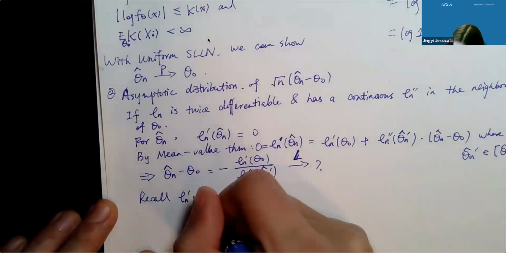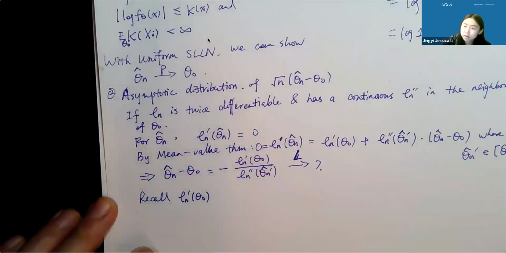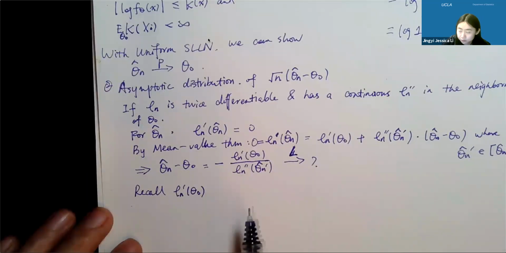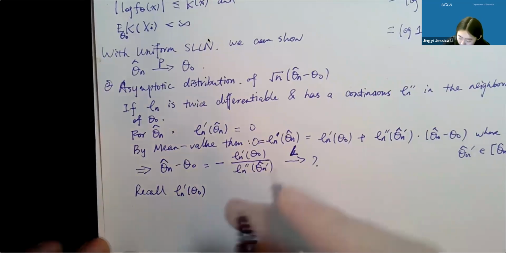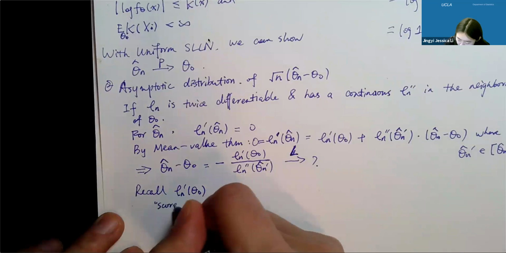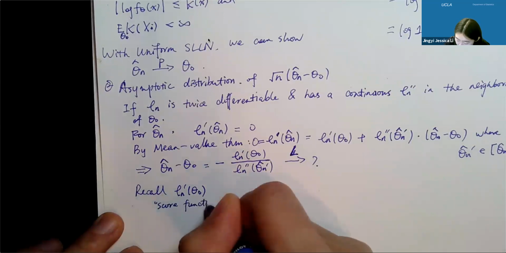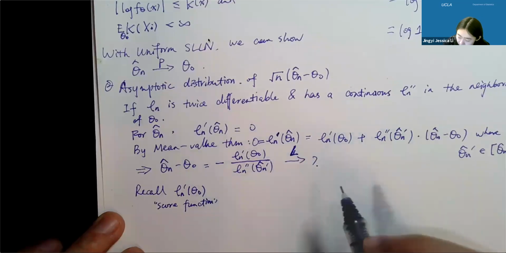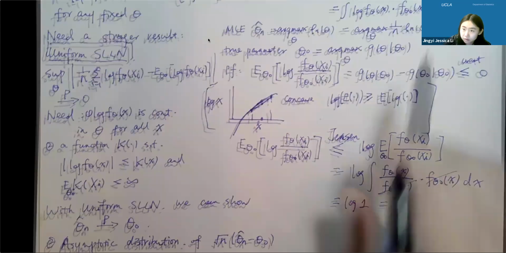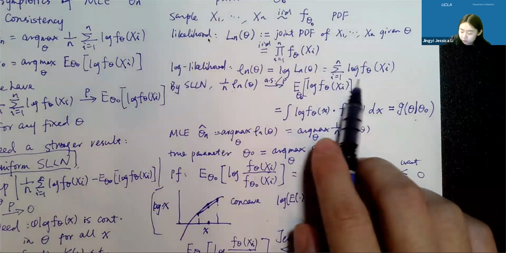Okay, this thing. In statistics, the first derivative of a log likelihood actually has a name, a jargon called the score function. So this is the score function. And look at it, right? It's just this log likelihood, doing a differentiation